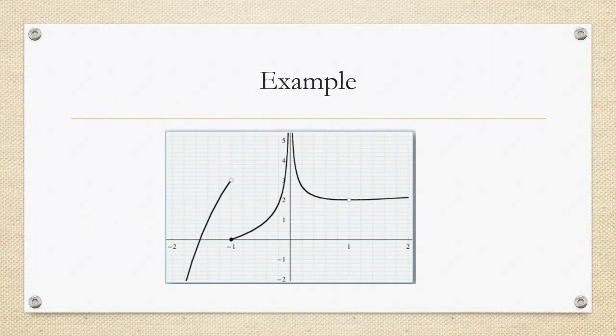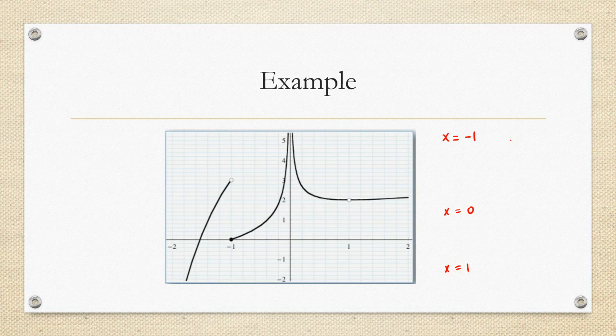Okay. So I see three places where we have a failure to be continuous. We have x equals -1, we have x equals 0, and x equals 1. Those are places where if I graph this function, I have to pick up my pencil. So those are places where you have a discontinuity. So if I look at